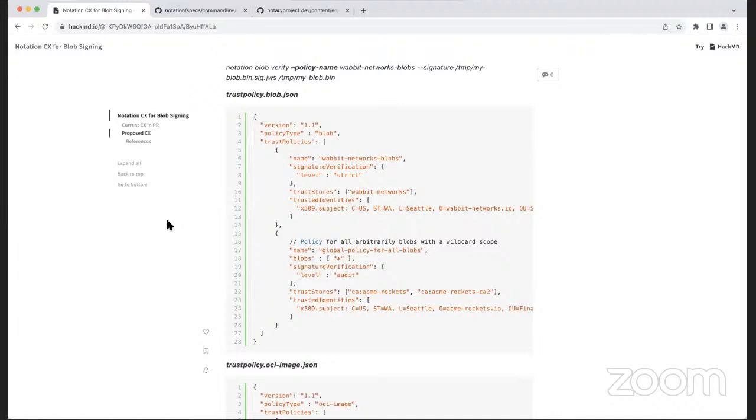So if I want to use notation to sign those binaries and publish the signatures on the GitHub release page, as a user, how can I fill out the scope in the trust policy file? Should I use a wildcard, or what kind of value should I use in the scope field of the trust policy file?